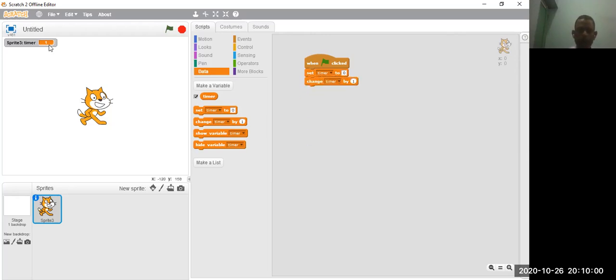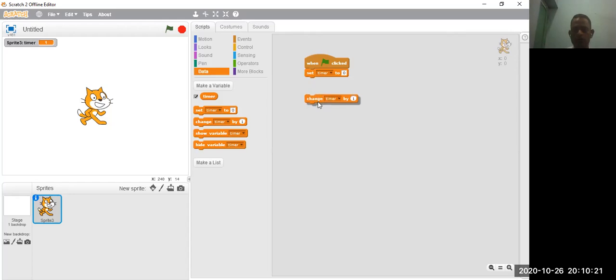Again it's set to 0 and timer by 1. So how do I change this function so that every time we don't need to click, only click once,